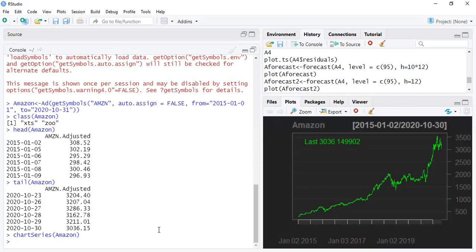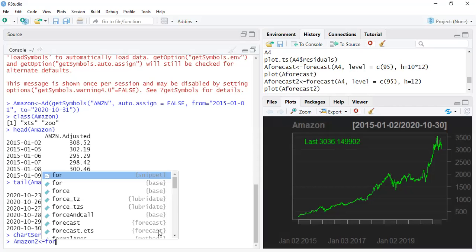I'm not going to do auto ARIMA and PDQ right now, but for the people who are interested, let's say we want to forecast a stock to see how it will be in the future. Let's call it Amazon 2. Let's say we basically just want to forecast it